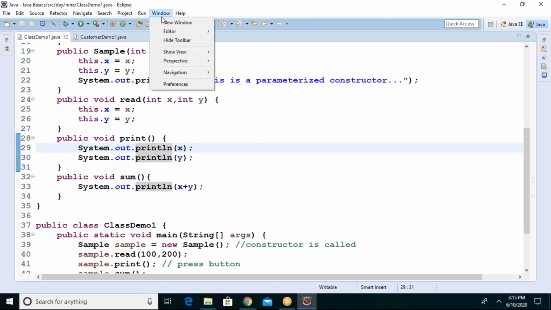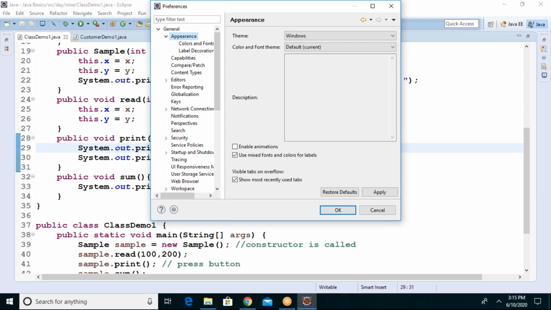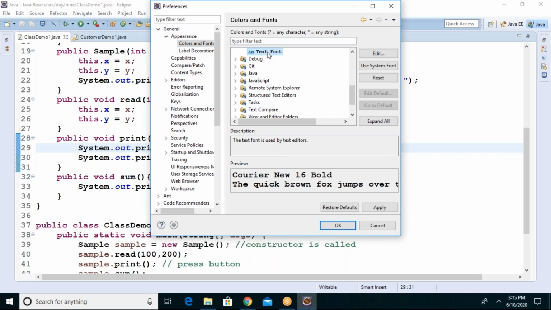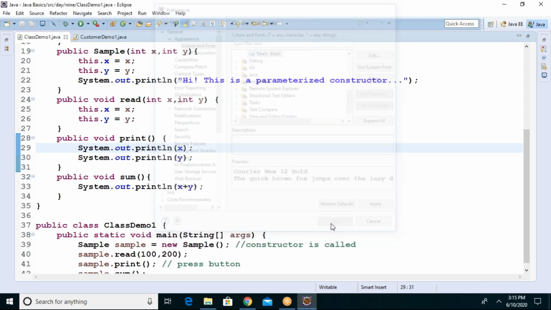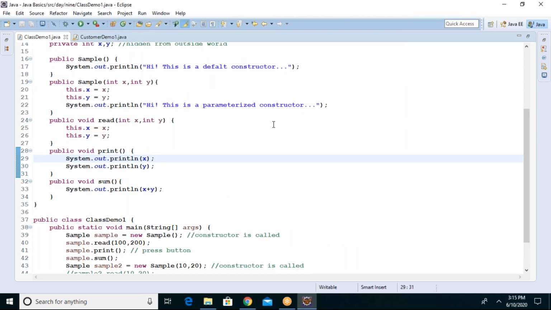Appearance, color and fonts. Just temporarily, I'll make the fonts small. Okay, now you can check everything is being displayed, right?